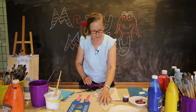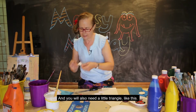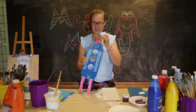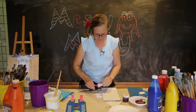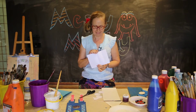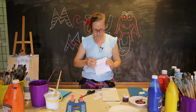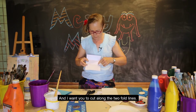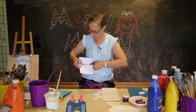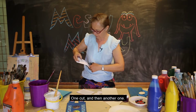We have our main part of our rocket, we have the nose cone, and you will also need a little triangle like this, just for the little right at the top of the nose cone on your rocket. Now you will also need another piece of A5 paper, and we're just going to fold that in half. Like that, and I want you to cut along the 2 fold lines there. So just 1 cut and then another one,